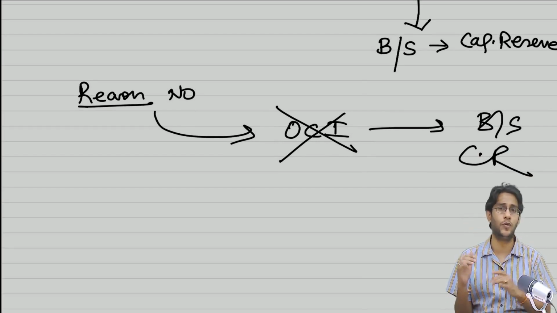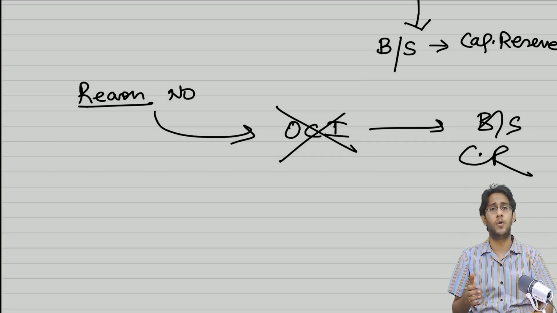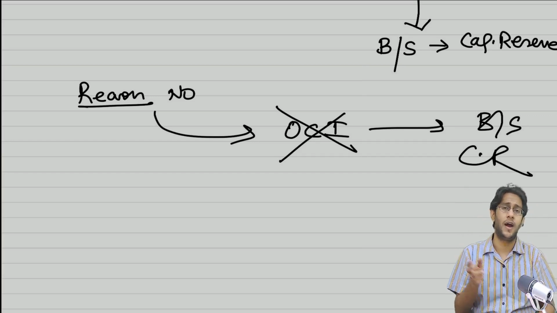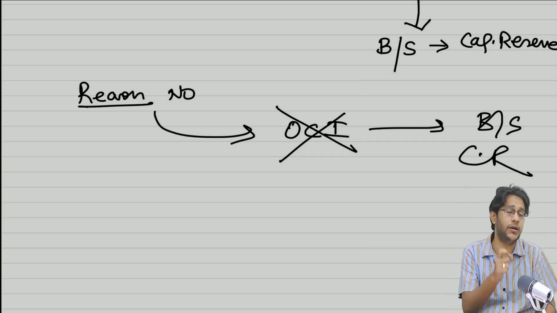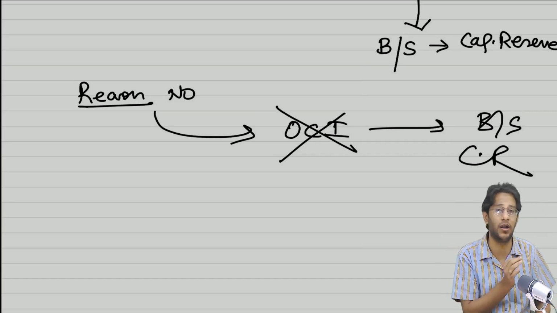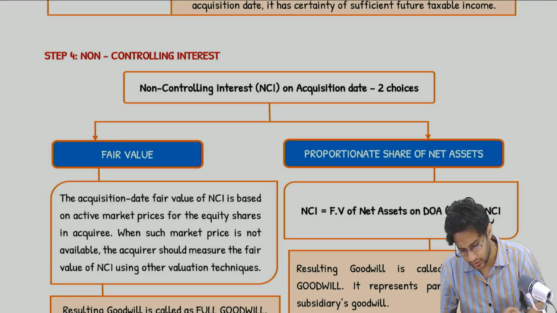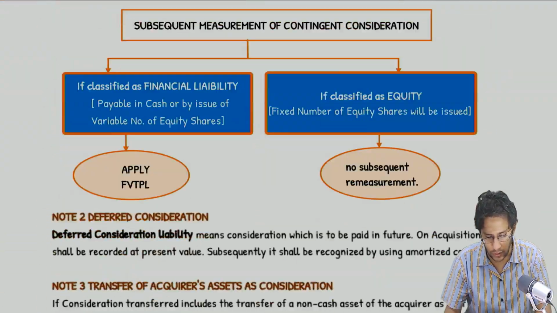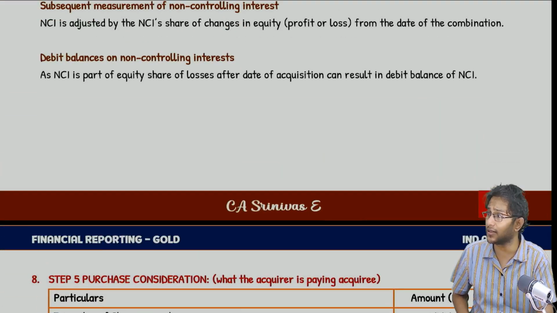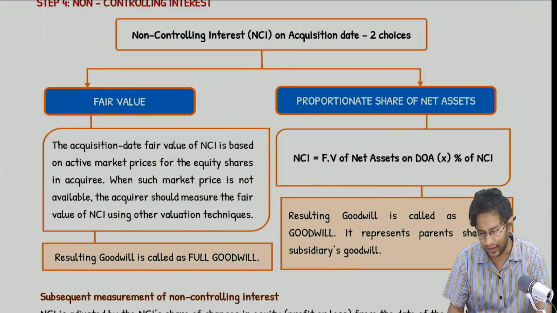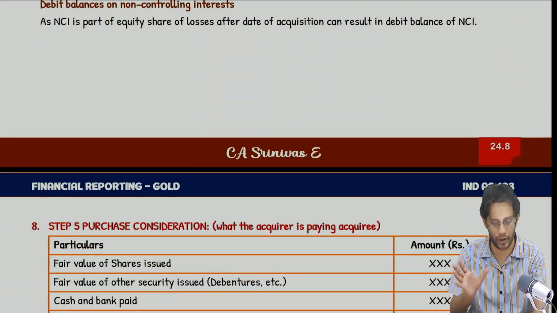Whether it will come to your statement of profit and loss into the OCI section depends on whether you know the reason for the bargain purchase gain or not. So this is the story of your NCA and also your goodwill and capital reserve. So that is step number 4 and also step number 6. These two in the order I did not cover. I just covered all the points anyway.